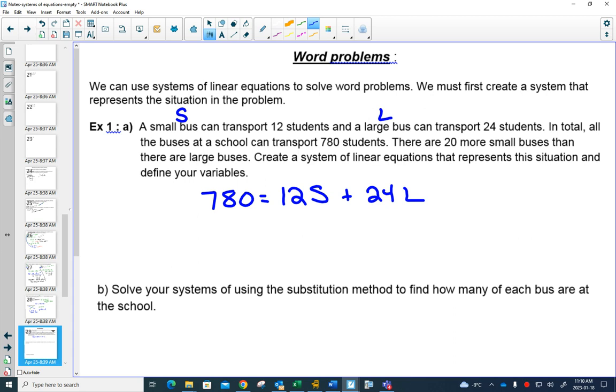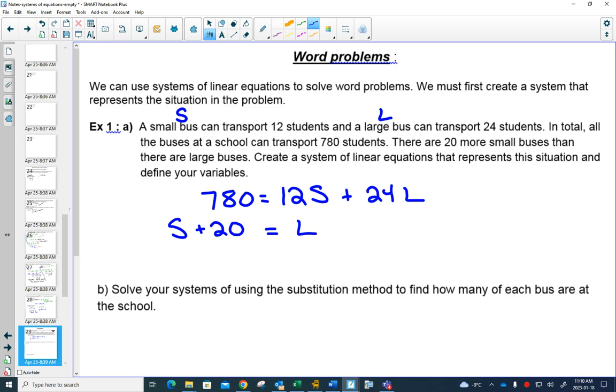So this is our first equation that we can make. That 12 people times the number of small buses plus 24 people times the number of large buses, in total that makes 780. The next sentence, there are 20 more small buses than there are large buses. So I can make an equation there saying that if I take the small buses and I add 20 to them, it should equal,